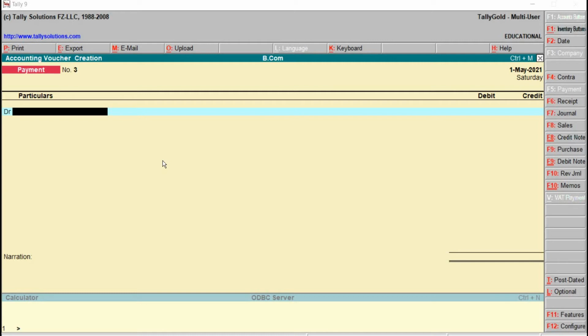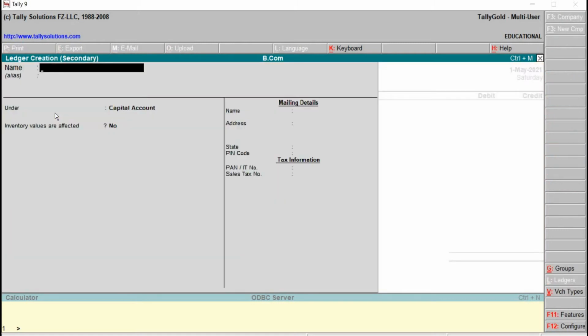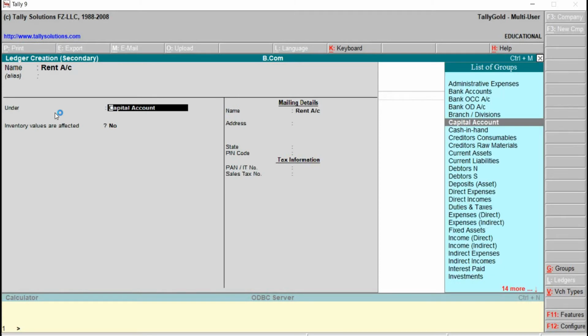Okay, to create this particular ledger rent account, just press here Alt+C to create rent account. This will be allocated under the group, that will be indirect expenses.